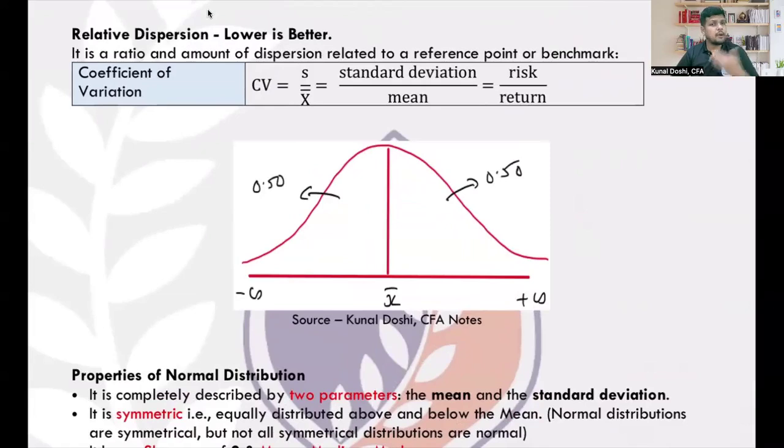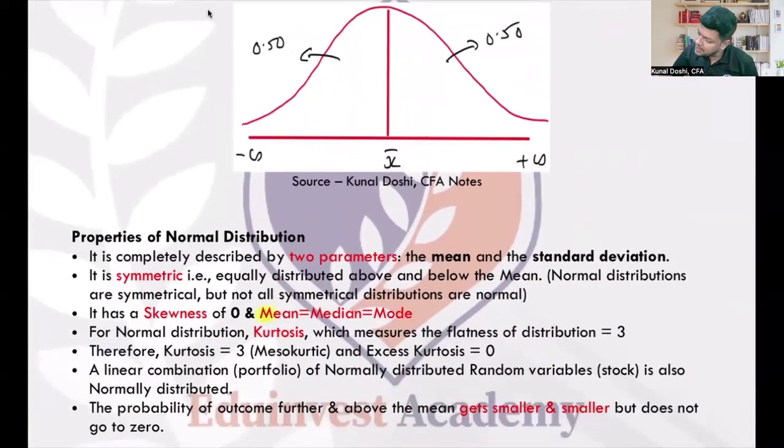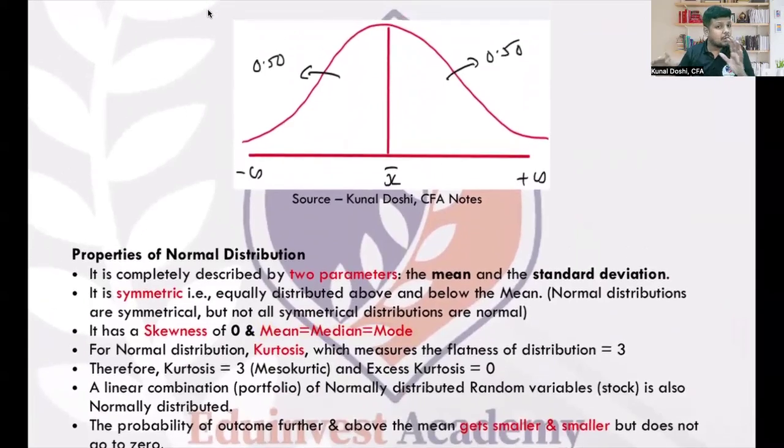What is the property of normal distribution? We are going to see that later on. But one of the important parameters of normal distribution is what? Mean, median, and mode all are at the same point. What is one of the unique properties of normal distribution out of many? Mean, median, and mode all are at the same point. Clear? In this case, if you notice, the diagram is symmetric. Symmetric means it is equally distributed on the left as well as on the right.